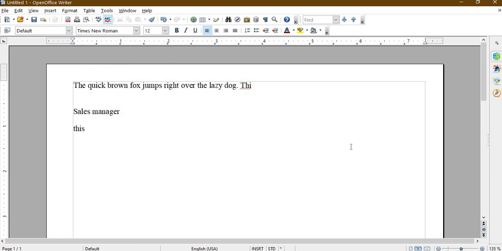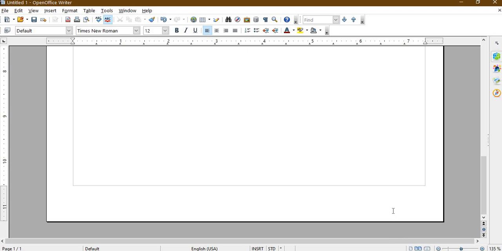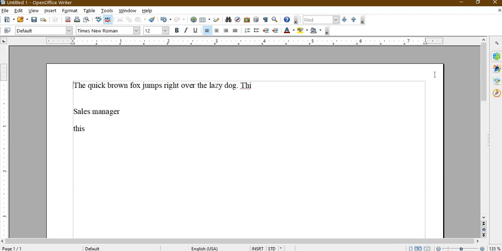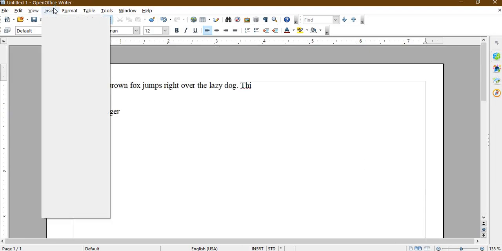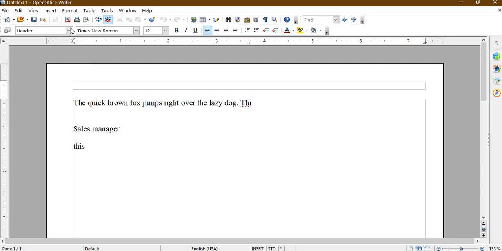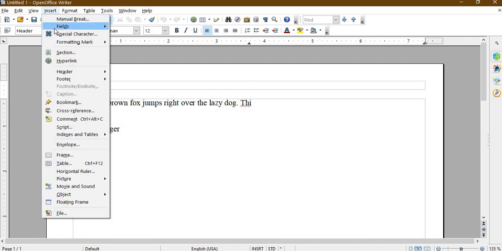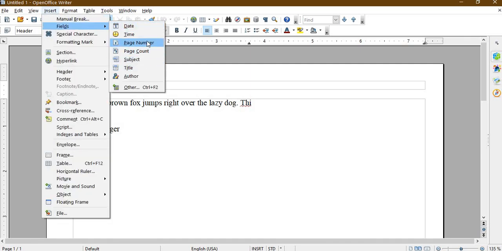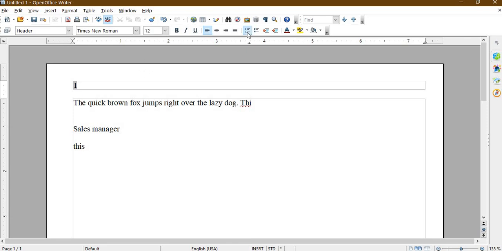So wherever the cursor will be, it will put the page number. So check here, header, insert field and page number. So I have put the page number in the header.